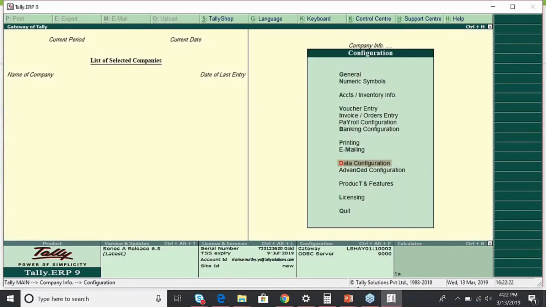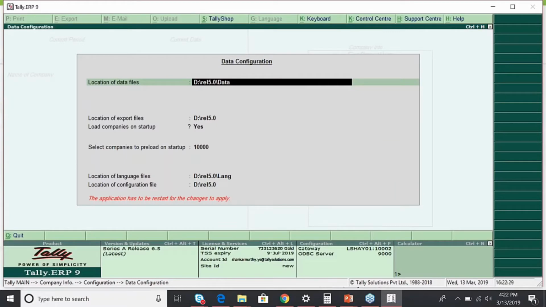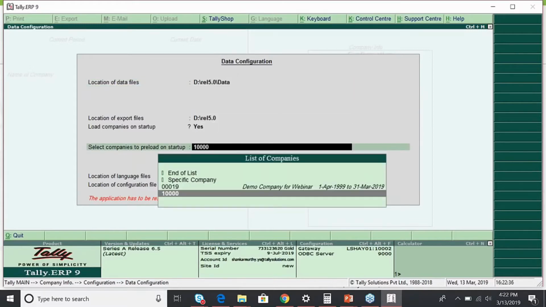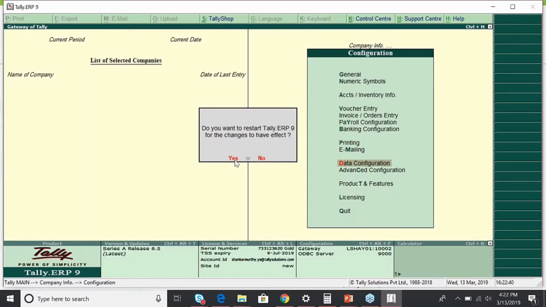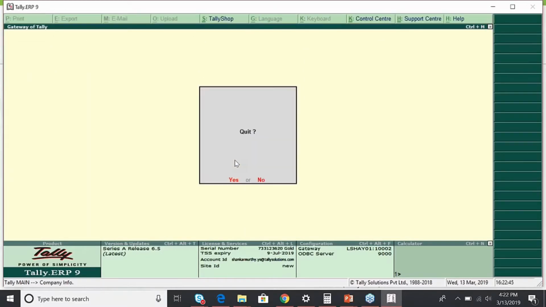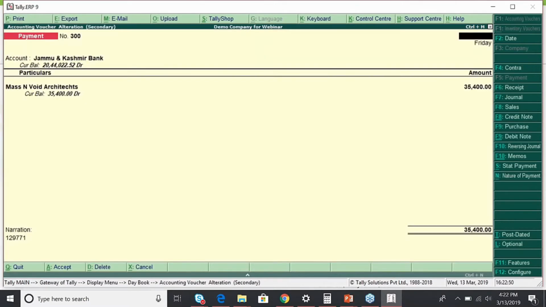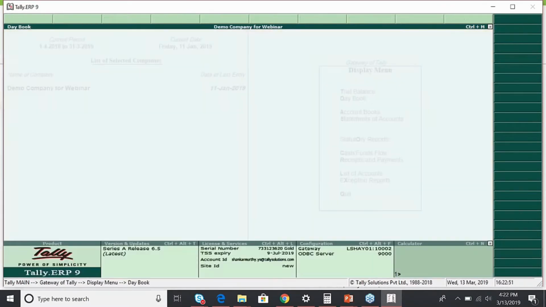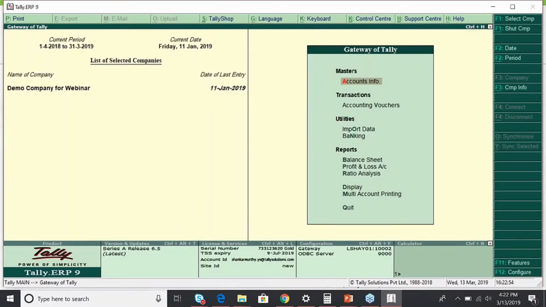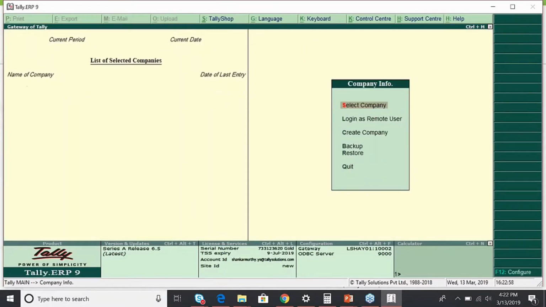However, the data path should be the location of the data files. This is basically where the folder is available, so that path has to be given. Once that path is given, it will ask for the configuration to be changed, so the data is available for accessing. So this is how the data path can be configured from the application.